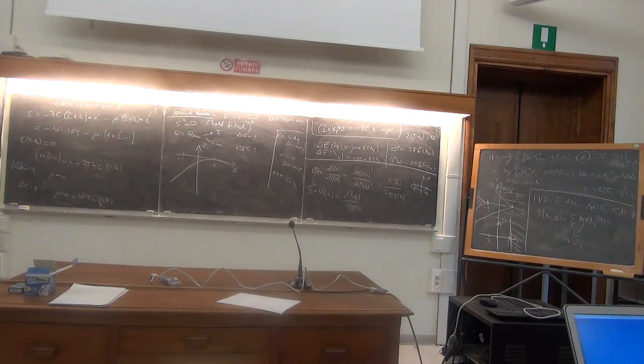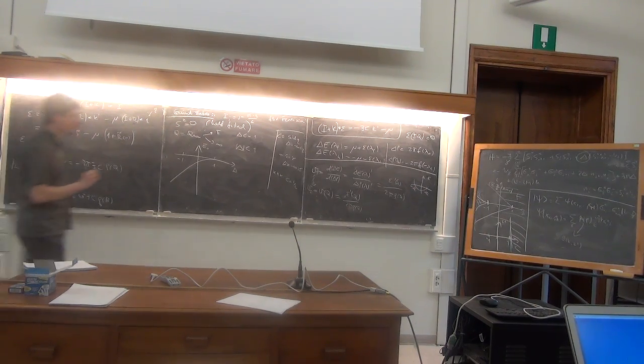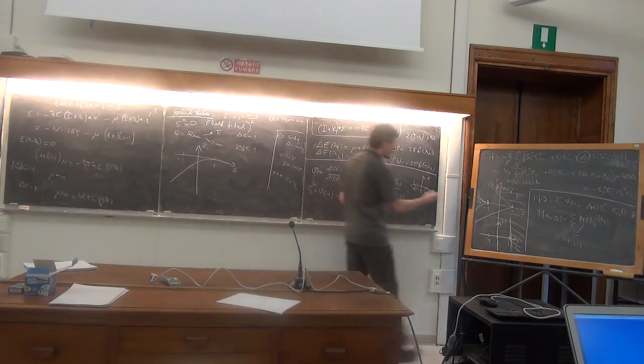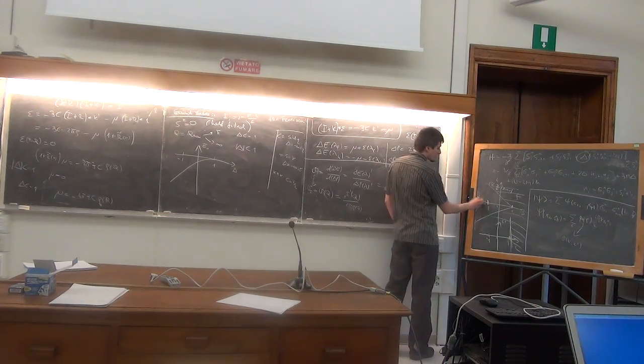Okay. So why did I do this? Because this is just a critical chemical potential, if you wish, or magnetic field that is needed to turn on to give a finite magnetization. So this curve here, this HC,